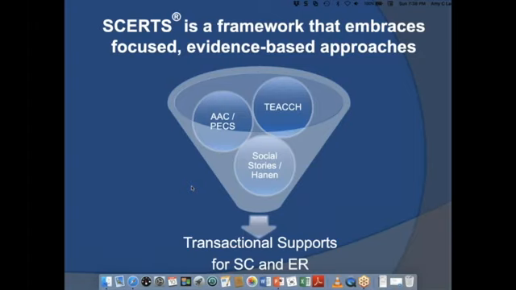So what does that mean? That means if I'm working with a child who is what we would consider an early language partner within the model, which means representational speech, and I say speech as in any augmentation. It can be signs, pictures, sign language, anything, not necessarily spoken words, but those first words are coming in, just very, very emerging. Of course, we're going to pull in augmentative communication for that child, and there's research behind wanting to do it at that point, right?